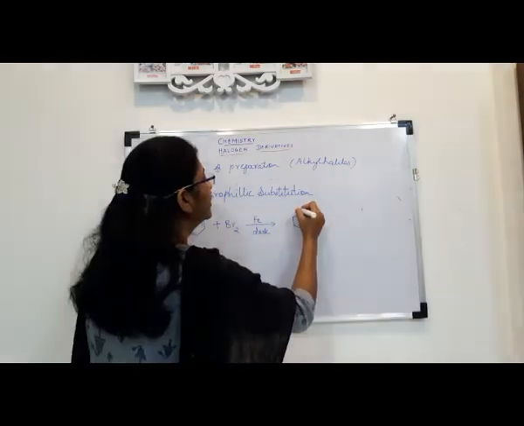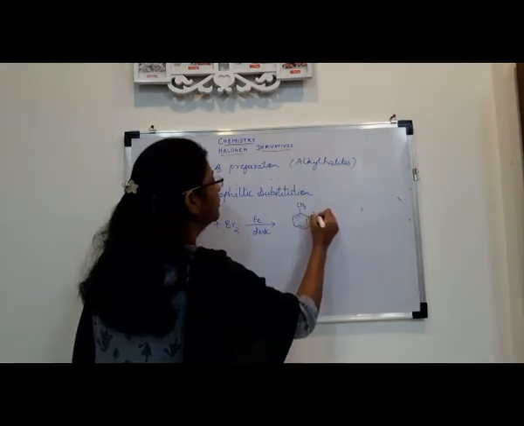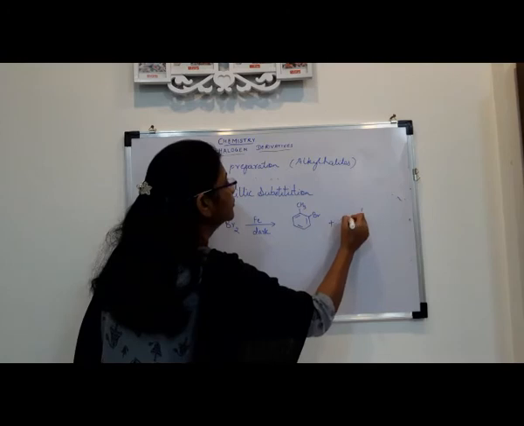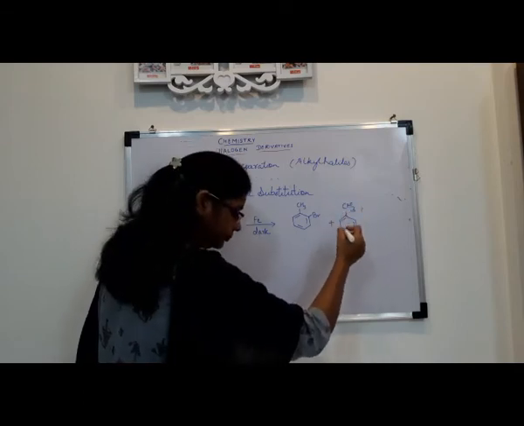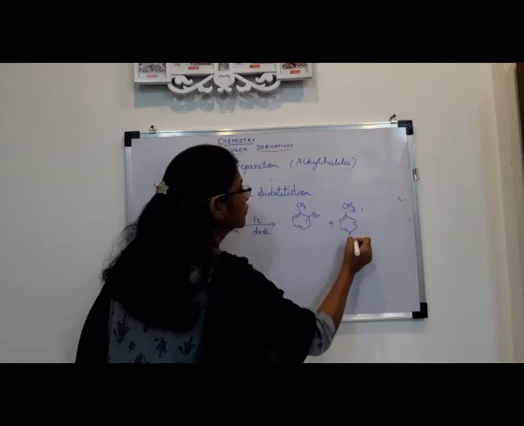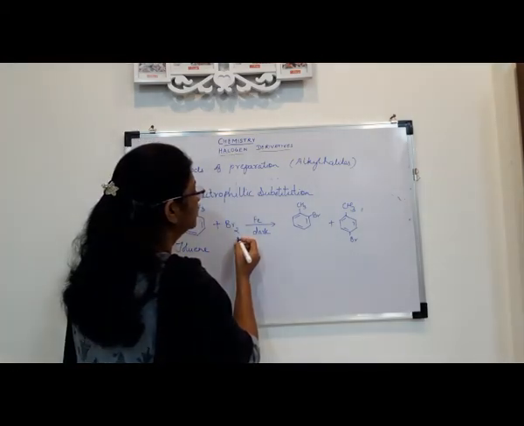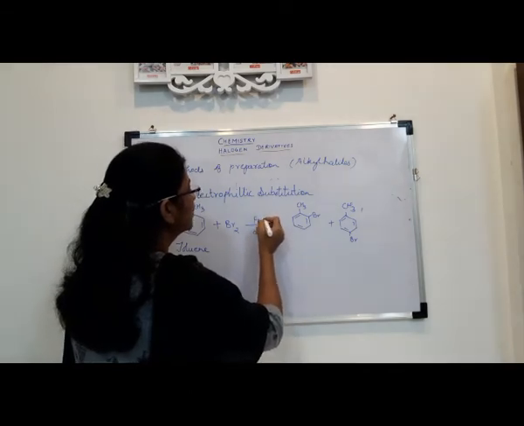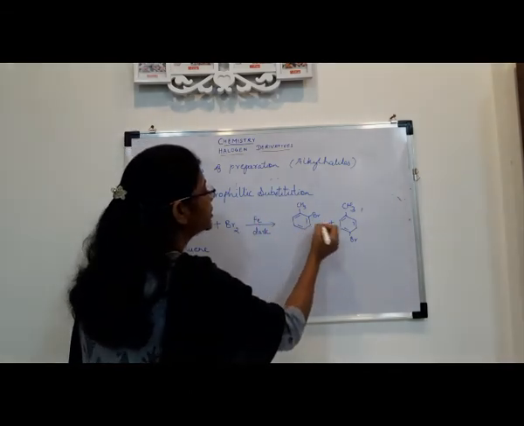You are going to get electrophilic substitution, plus you get a mixture. This is toluene plus bromine in presence of Fe, and in dark condition you will get a mixture of